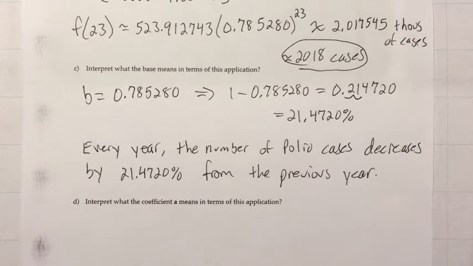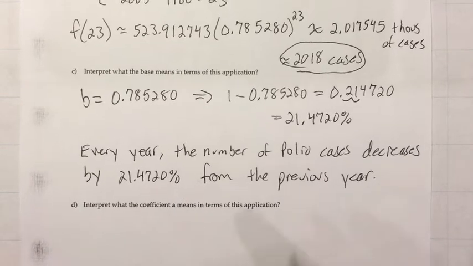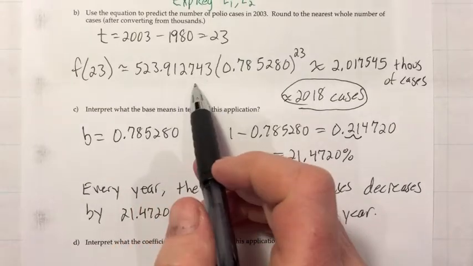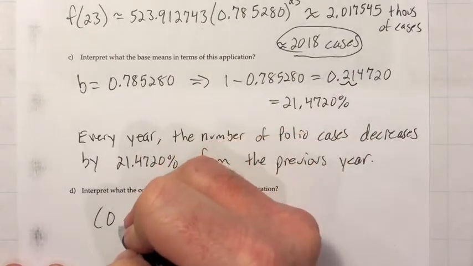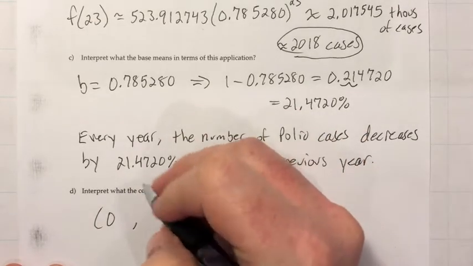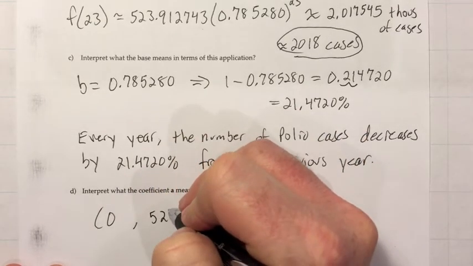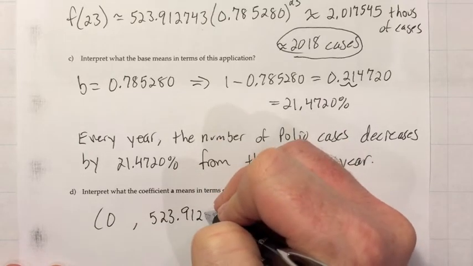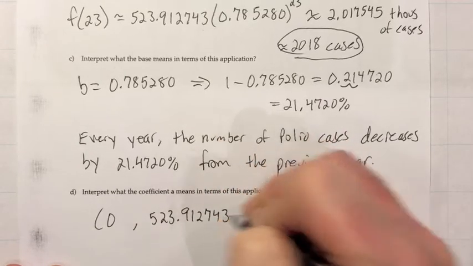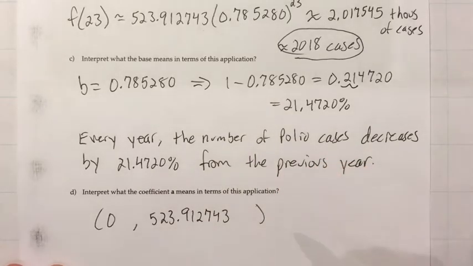Interpret what the coefficient A means in terms of this application. So that number out front is always the y-intercept, which means it goes with an input of 0. So that would be 0, 523.912743. I just copy it all down. And I left a little bit of space here to think about what the